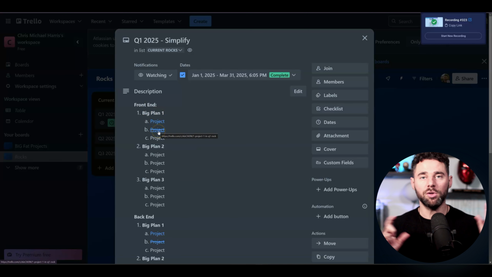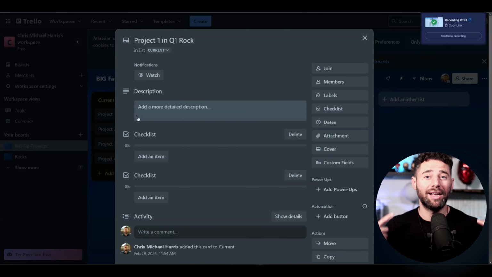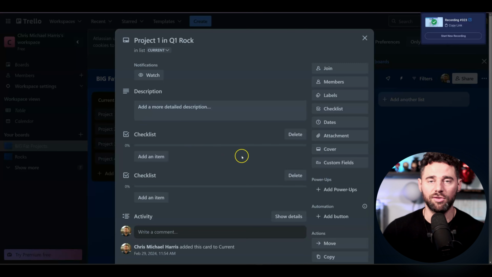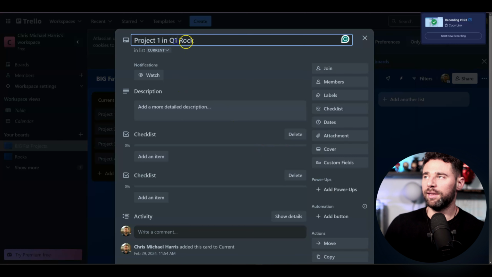Then what you can do from those project boards is you can start assigning weekly tasks. And also on your actual project boards, you can set deadlines, so it reminds you. You can't manage all this stuff in your head. It's crazy. You'll drive yourself nuts. I know, because I've tried. But what you would do is say, okay, this project, we need to be done by the end of January to stay on track with our quarter. This is a January 31st situation here. And this is going to be server research and migration.